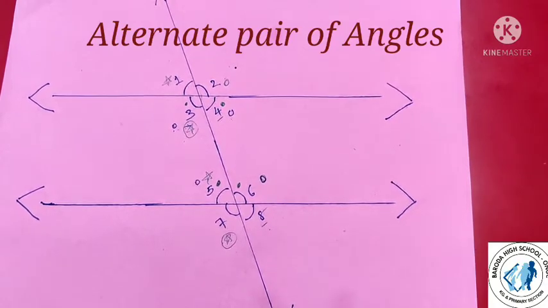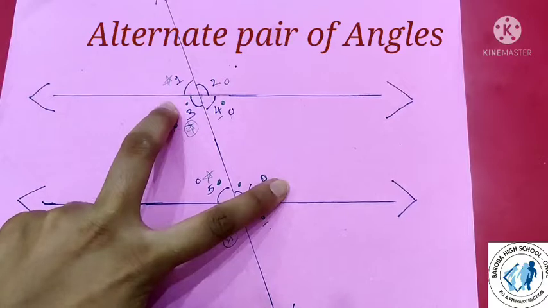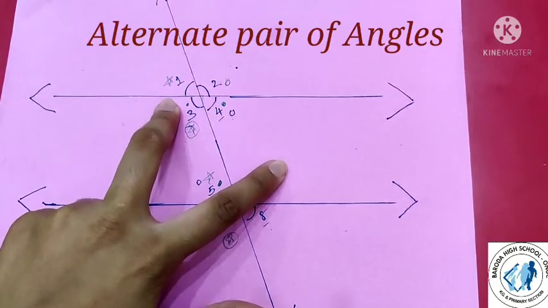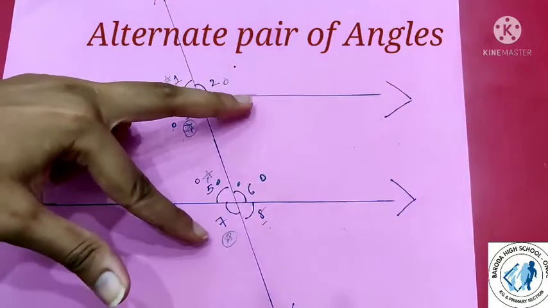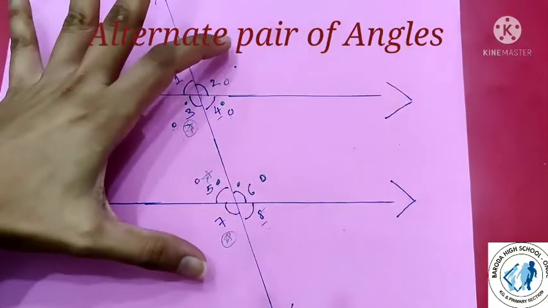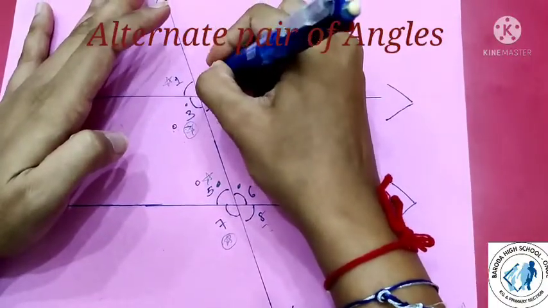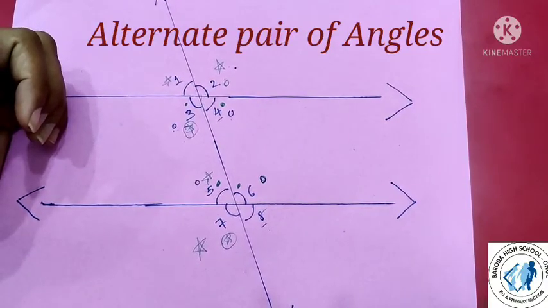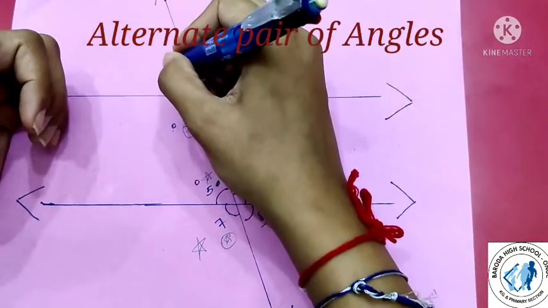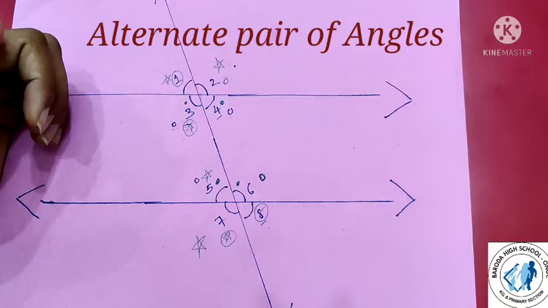There is another pair, exterior angles. Now for exterior angles also there are alternate angles. So same way cross, the angles that fall in a cross, they are alternate. Okay, so alternate interior angles are like this and this. Same way exterior angles will be like this, cross. Here let me put a big star. 2 and 7 are called alternate exterior angles. Same way 1 and 8 are alternate exterior angles.